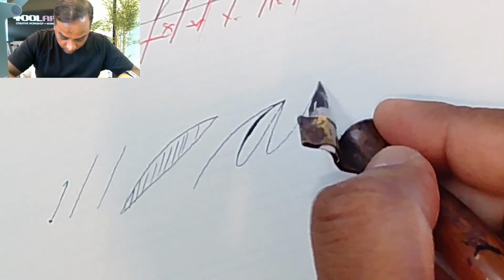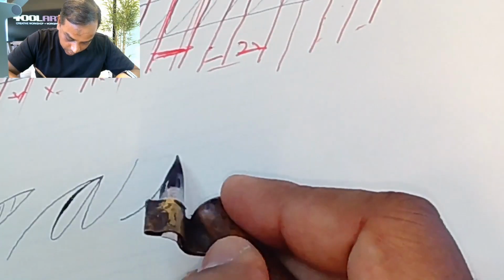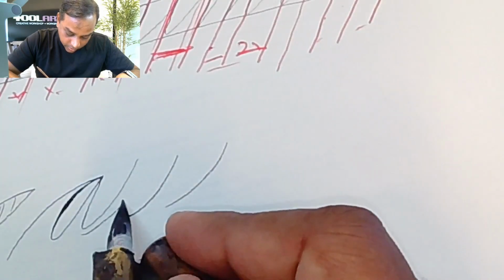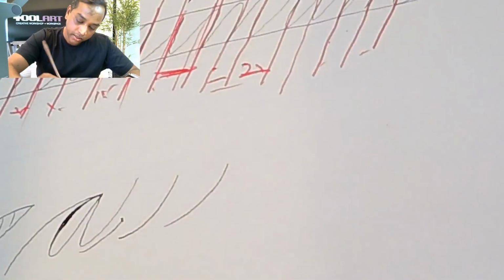overcurve. And then we have the undercurve, which is kind of a reverse of the overcurve. And you'll see a lot of the exit strokes use this undercurve. And then we have